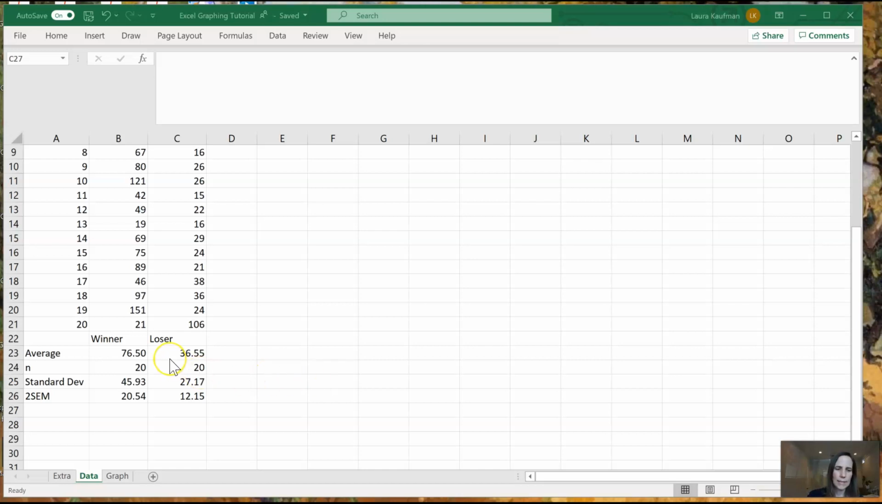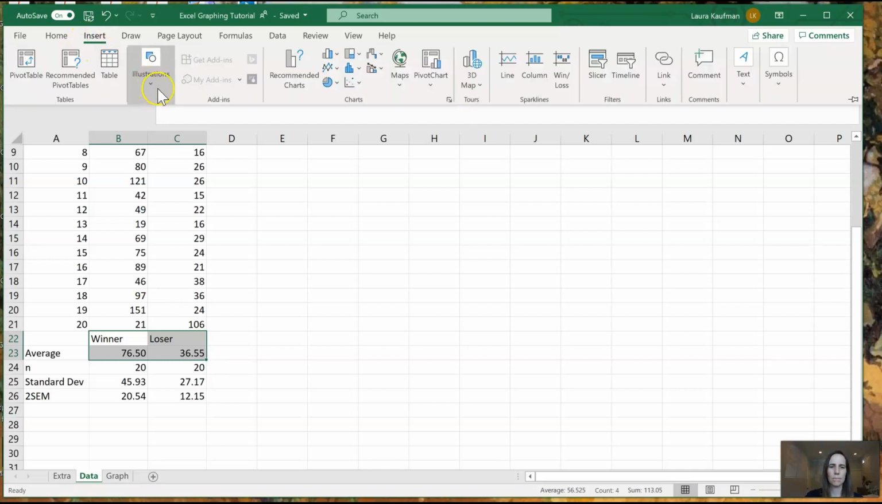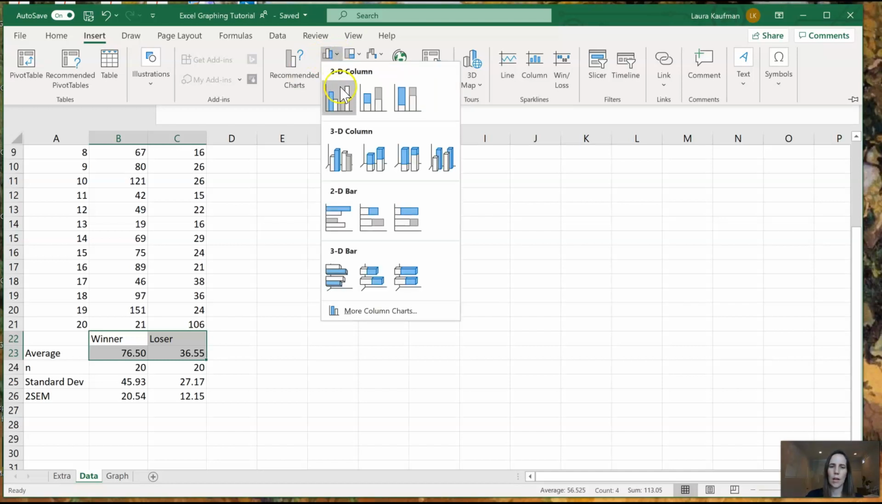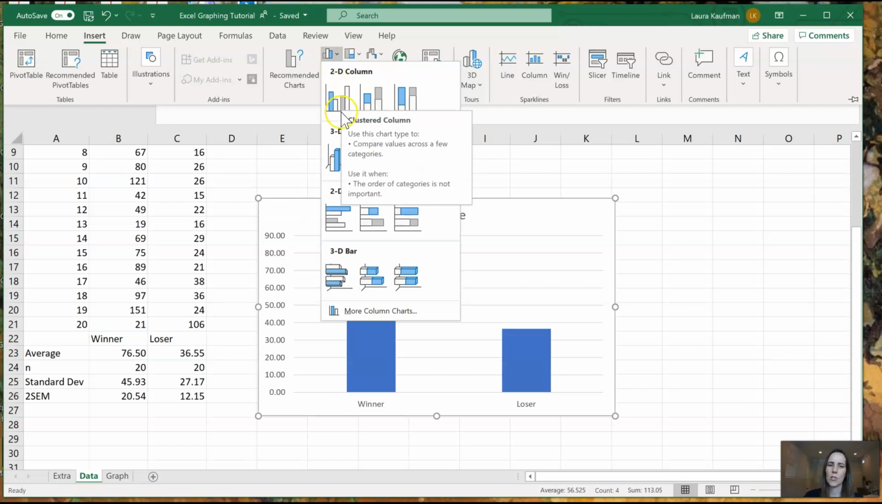All right, so let's get going here and do the graph. What we're going to do is highlight the information that we want to graph. So we want to highlight winner, loser, and the average, because those are really the main things that we want to graph. So we're going to do insert, and we could do recommended charts, but I know what I'm going for here. So I want to do a column or bar, and I really, really highly recommend 2D as opposed